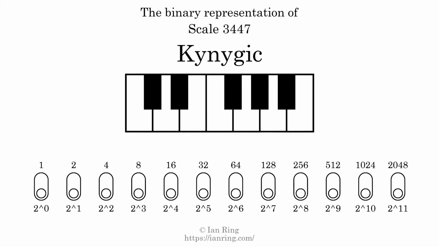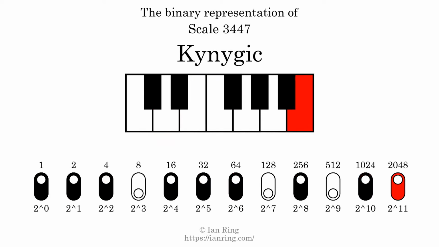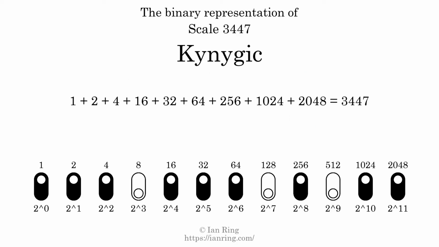The binary representation of this scale is determined by mapping tones of the scale to binary digits. Each binary digit represents a power of 2. To get the scale number, we add the powers of 2 together. The powers of 2 that are present in the scale, all added together, equals 3447. That is why the scale number, in decimal, is